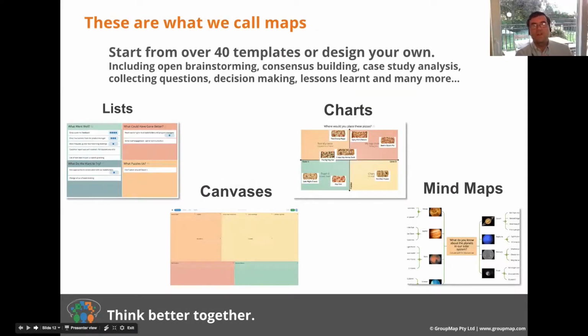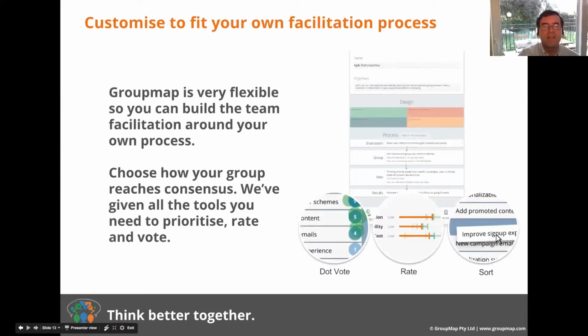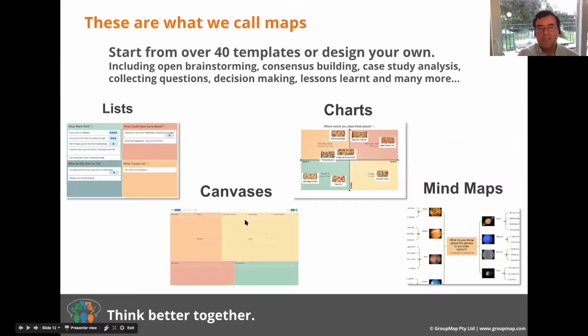There are all different kinds of maps. GroupMap offers you from the start 40 team templates, so you can really start to design your workshop from scratch very easily. This is represented here, a number of maps. You can have lists, charts, canvases. They are very popular, and GroupMap offers lots of support for you to do online canvases, and obviously the